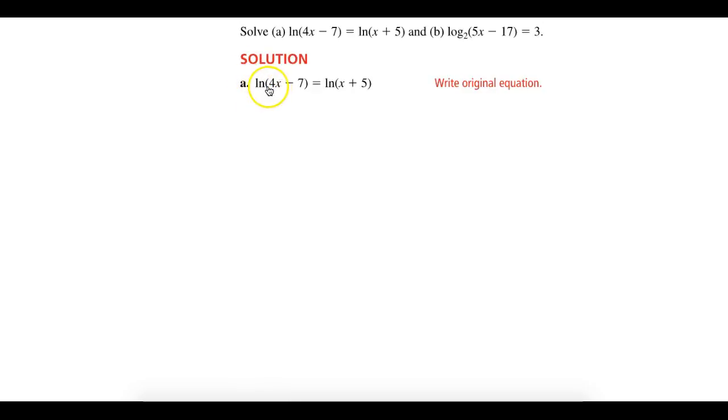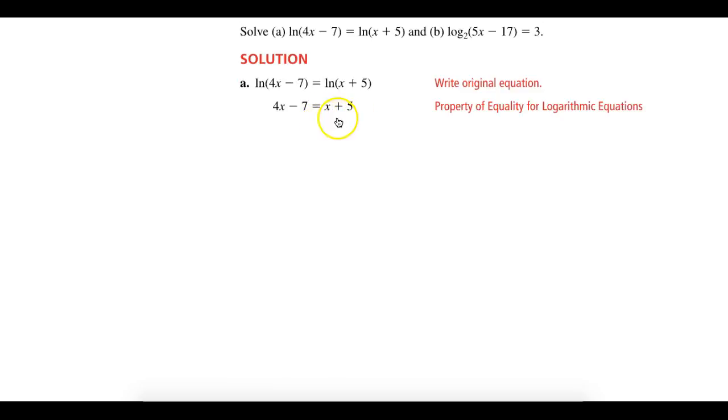In this case, we've got natural log, which remember is just the log base e. So we've got natural log of 4x minus 7 equals the natural log of x plus 5. And if we remember our log property, again, natural log is just the log base e. So we've got the log base e of 4x minus 7 equals the log base e of x plus 5. Now, since we know that the bases are the same on these, whatever we're taking the log of on our left side must be equal to the value that we're taking the log of on the right side. So we can actually just get rid of the logs here and just set 4x minus 7 equal to